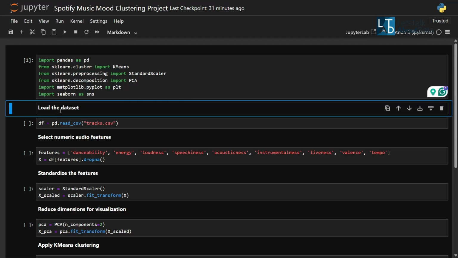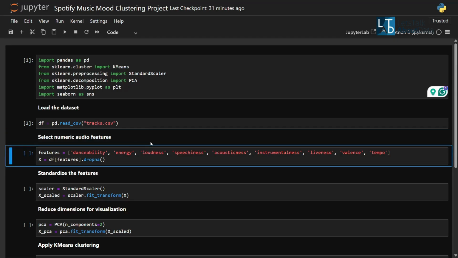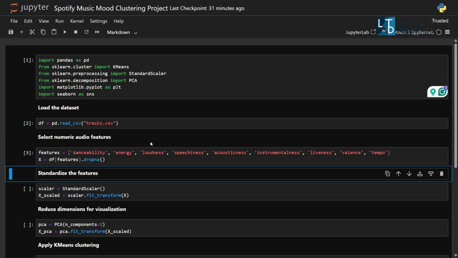Load the dataset. Select numeric audio features. Standardize the features.